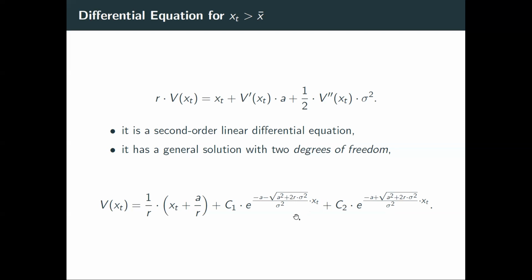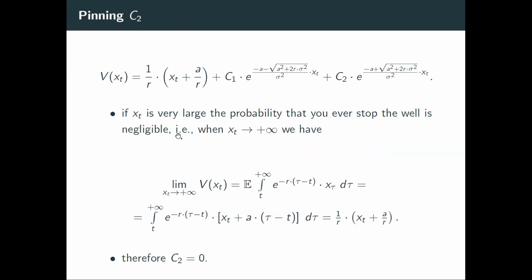So, and we'll actually begin with these additional considerations. What we're going to do is show that C2 has to be equal to 0. Why? Because we need to impose some boundary conditions. Suppose your current profit xt is very large,